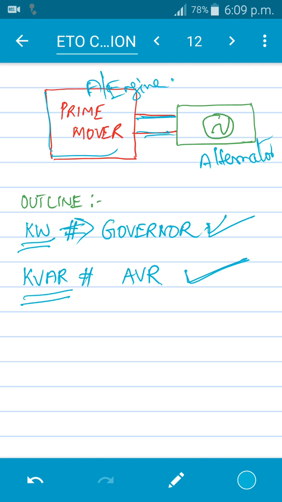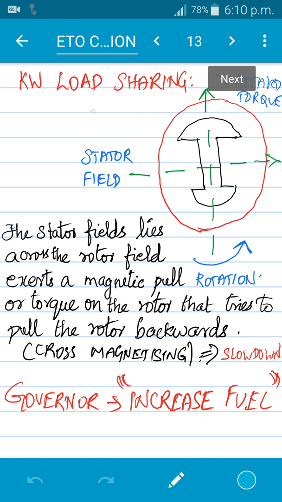I will cover the other topic, explaining the load sharing in depth. This is also an important question: explain about the kilowatt load sharing and kVA load sharing, because we will see a little of kilowatt and kVA sharing now. It will help to understand the armature reaction in detail. So consider here,